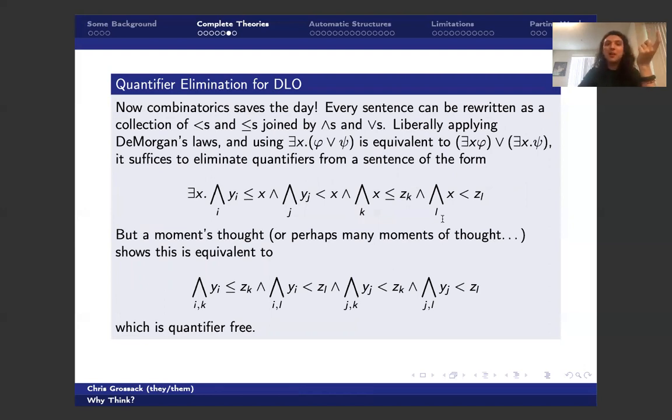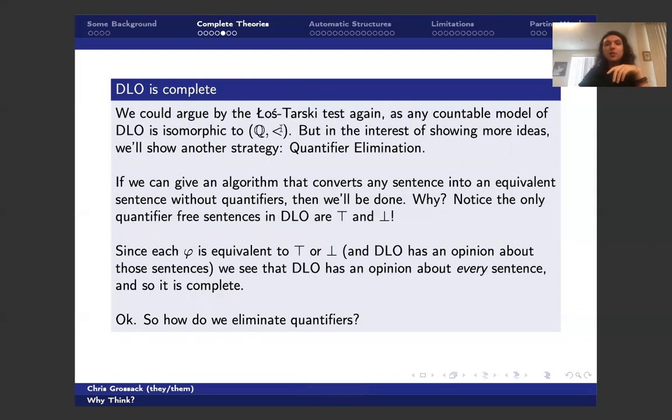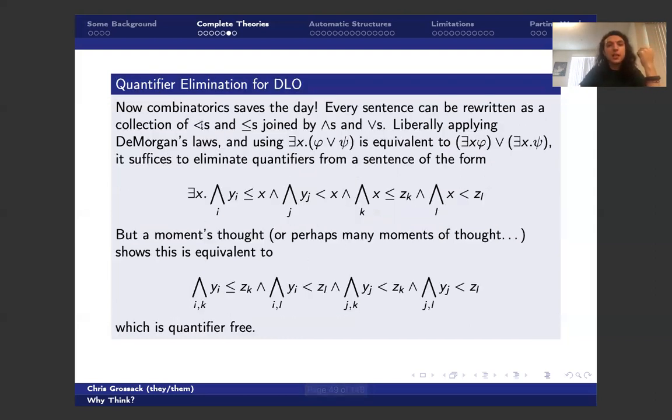So remember, the only symbol we're allowed to use is less than, and you can always use equality. So that means we get less than and less than or equals. And the only thing that these can be glued together by is ands and ors without loss of generality. So by liberally applying De Morgan's laws, you can do some combinatorics to see that you can push all of the negations inside, and you can bring every formula to a CNF or a DNF. I can't be bothered to figure out exactly which one is relevant here, but you can put it in a special form where you always have a bunch of ors of ands. But then we can push any existential quantifiers inside the ors, and we can eliminate quantifiers from each of these